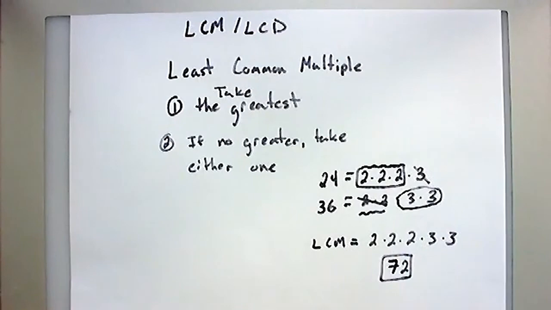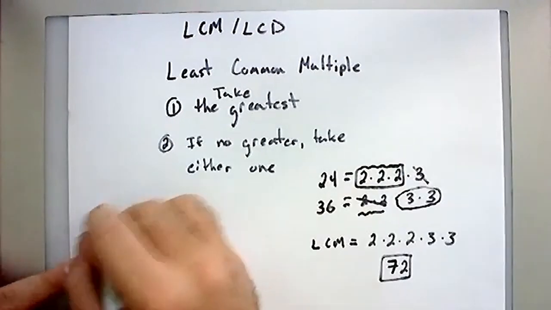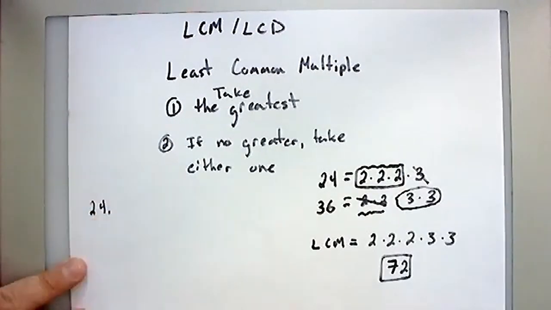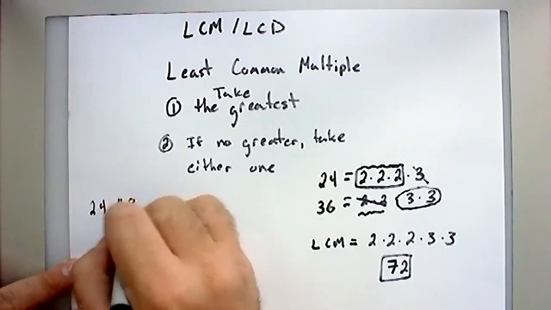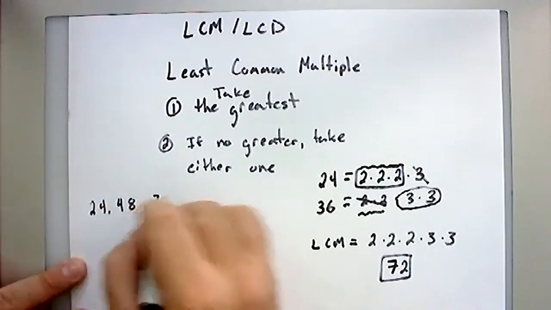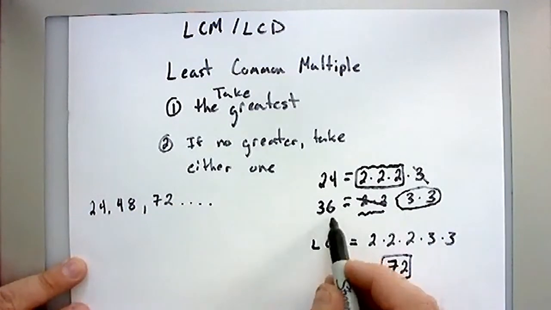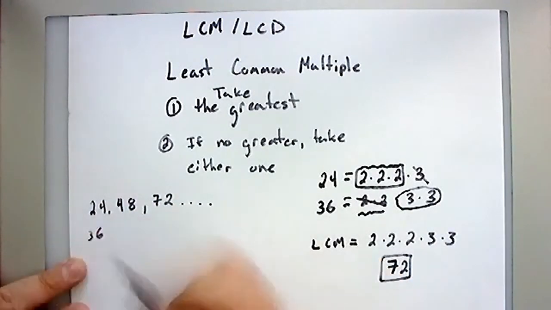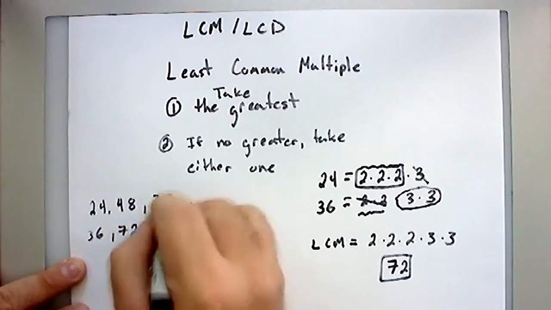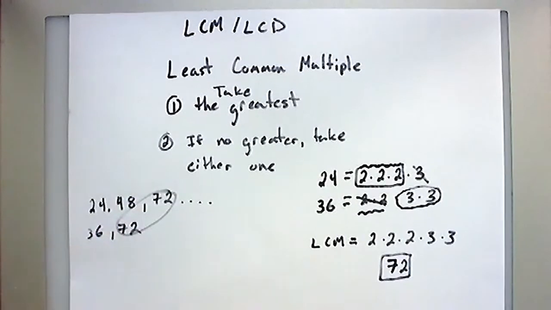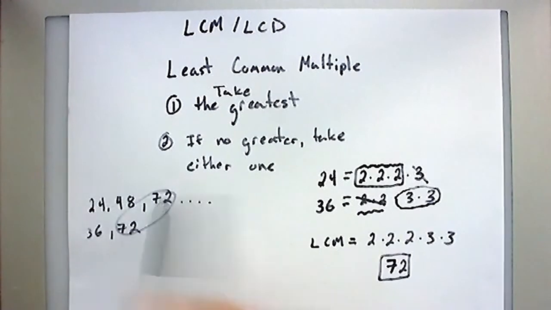And if you think about that, it makes sense, right? Just real quick off to the side here, if I took 24, list out the multiples: 24, 48, 72, so on. Now list your multiples of 36: 36, 72. Wasn't 72 the first one I came to? The least common. But sitting here doing this can be a real pain in the butt if these numbers are